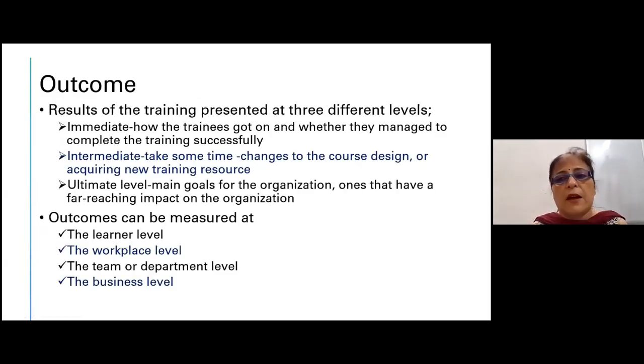Then we have the ultimate level in this, and that is the outcome level. In the outcome level, again, the results of the training are elicited. Analysis is done based upon the questionnaires that you have given, information collected, analyzed, and then what we do is we present it at 3 different levels in the outcome level. Whatever data you have collected, the analysis is done on that, and then you show it at 3 levels. One is the immediate level.